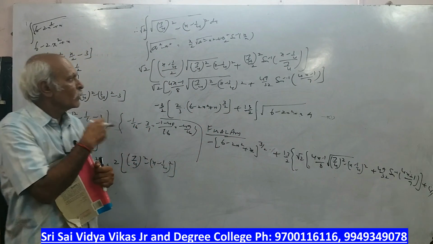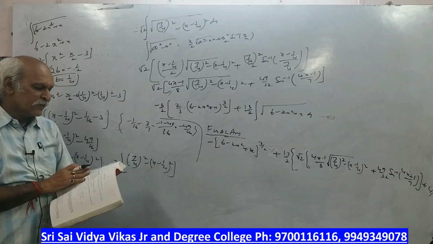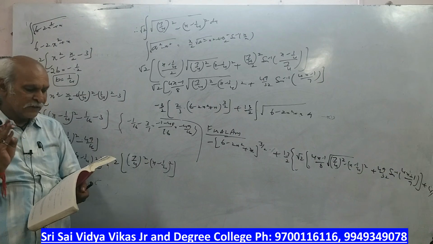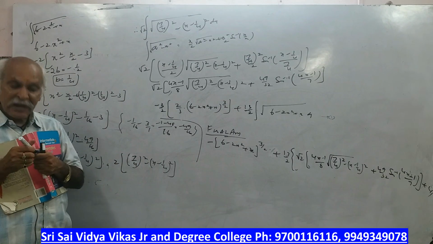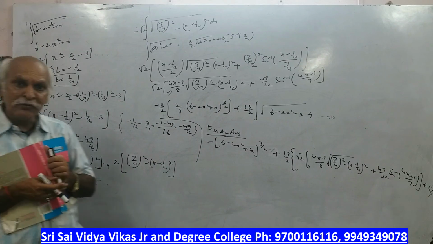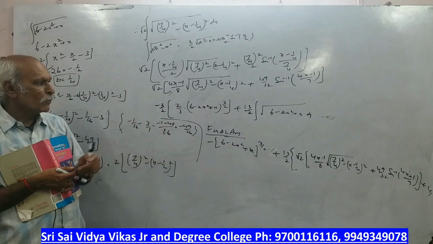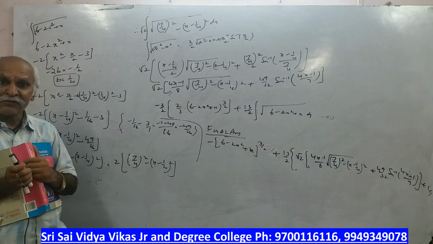Okay, one more problem is there that we will discuss in the next class. Then with this the major portion is over, sir. Then only integration by partial fractions will be there, and by parts. What do I mean by parts? You know, in derivatives you have learned the uv formula, u dash v plus v dash u, but here it is a different formula. That formula you have to see. Then with this integration will be over, sir. Okay.